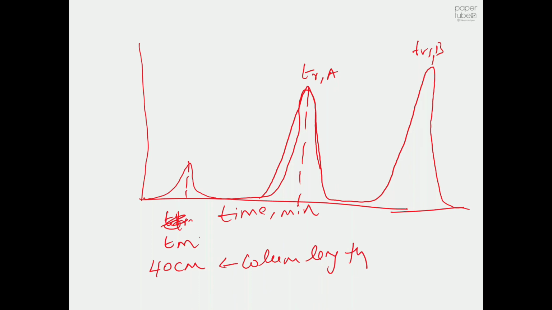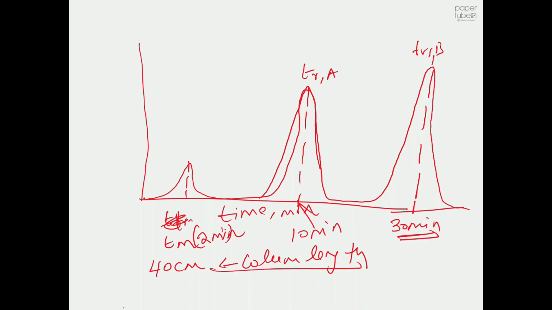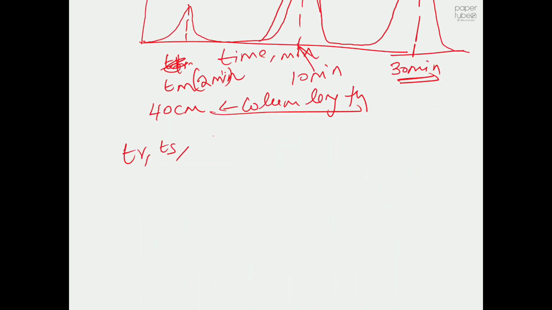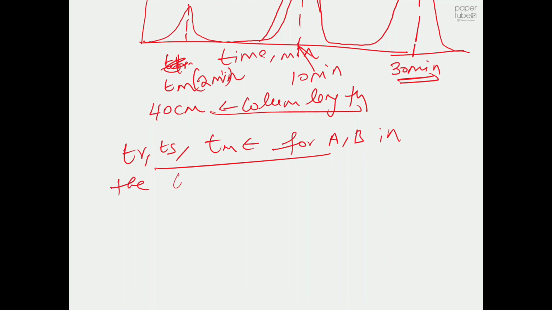Say this is at 2 minutes, and here the time is say 10 minutes, and say the retention time of B is 30 minutes. So try to calculate the TR, TS, TM for A and B in the column of length